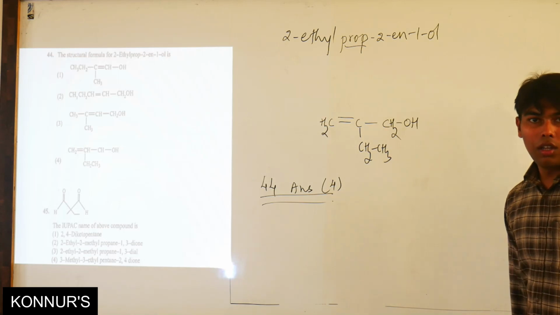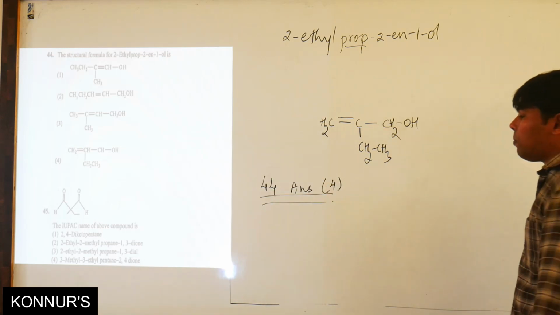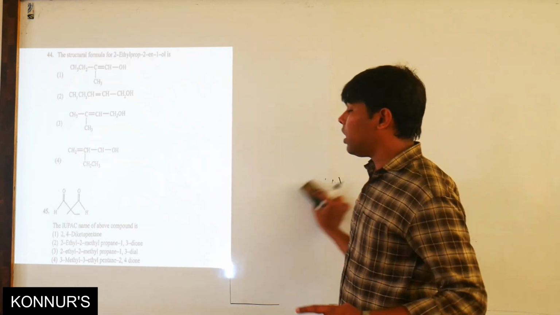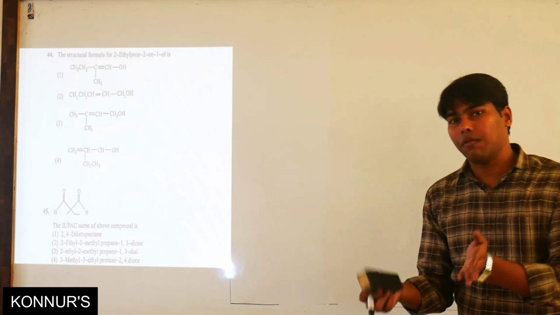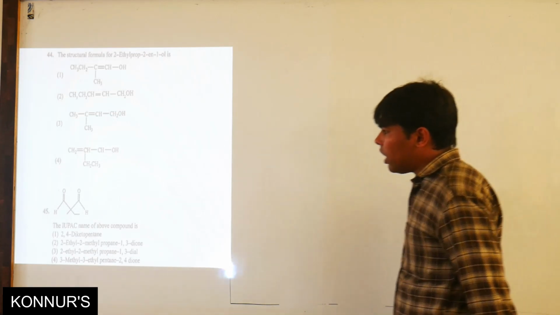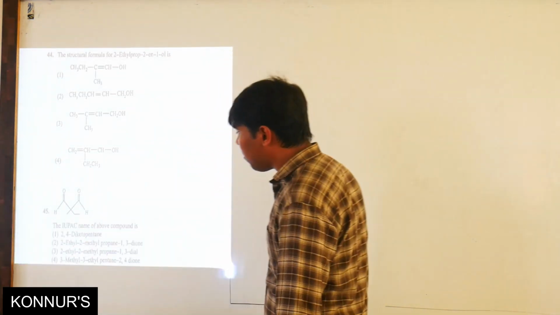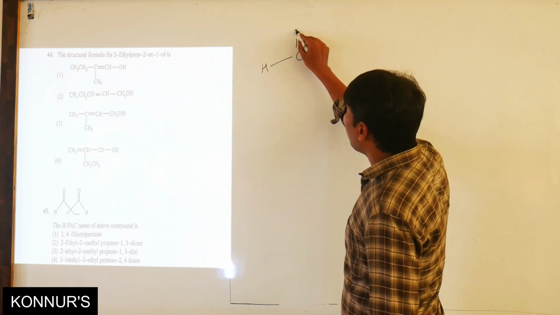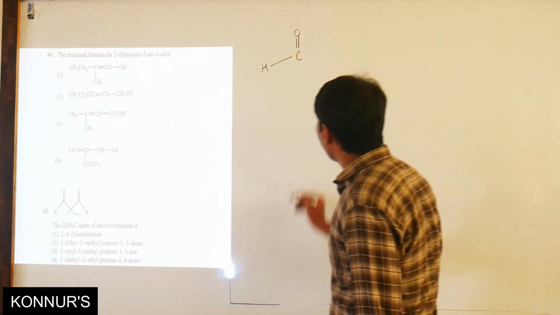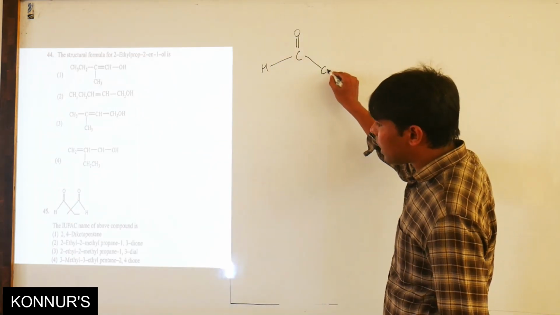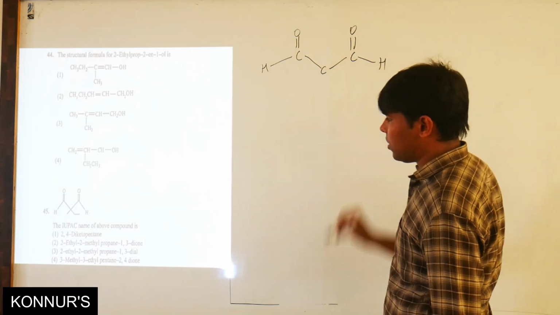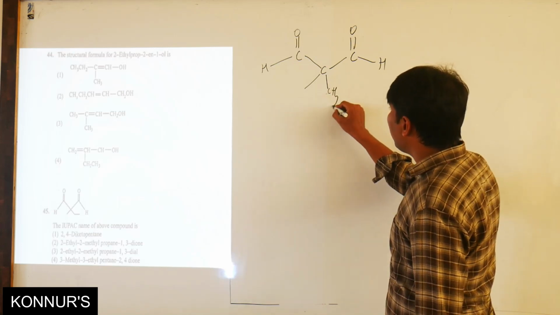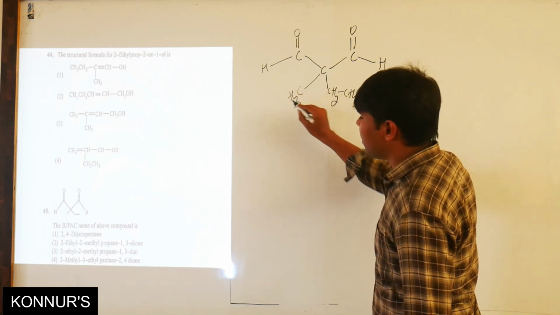That is the case. So moving on to the next example, 45th example now. I told you already that if you want the explanation, you can take a screenshot of them and refer later. So 45th example. Here they have taken one organic compound. The IUPAC name of the above compound is, here H is there, C double bond O. I am going to write the carbons here. So here on this carbon there is a C double bond O and H. And here one methyl group is there, and here the ethyl group is there. So CH2CH3, and here CH3.